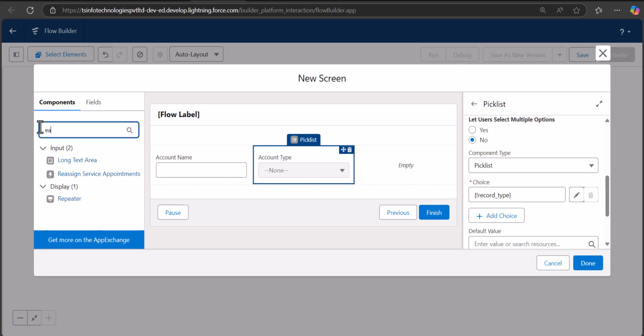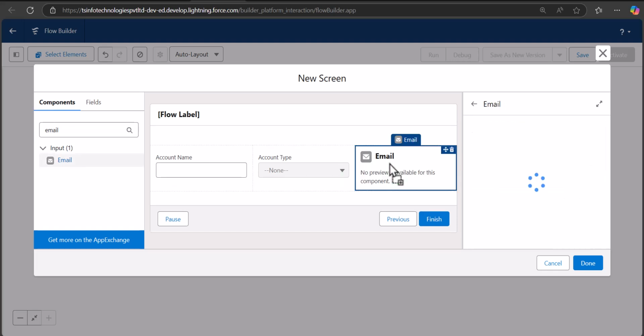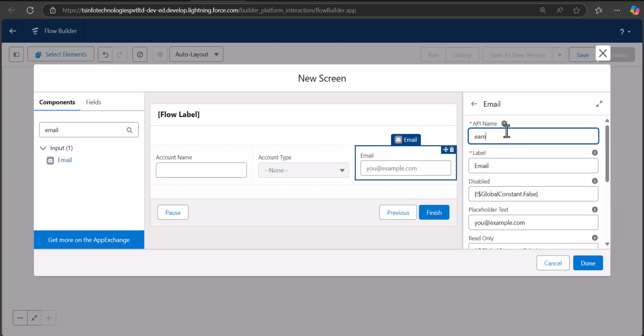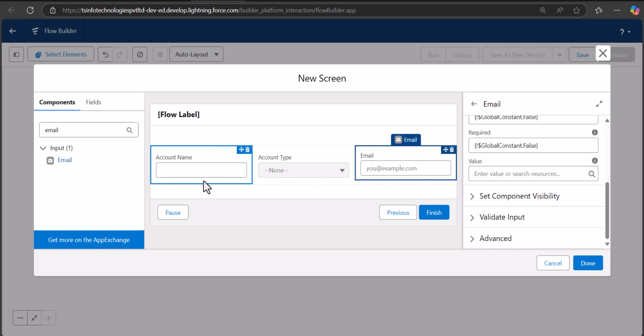And now here the last field is account email. For that I will add the email component to the section. We will drag and drop it in the same manner and the API name here I'm going to enter as email. So with this we have defined all the three field columns that we will display in the screen